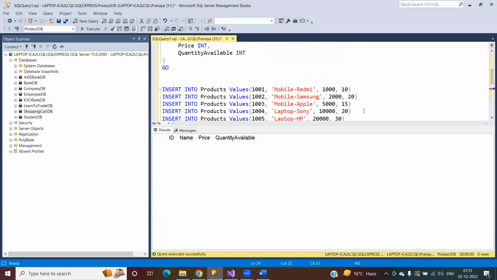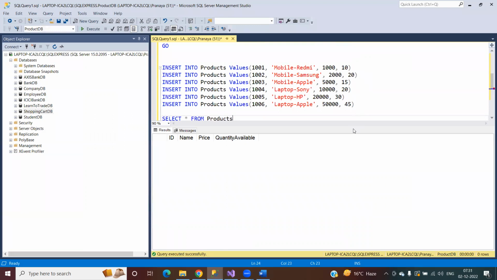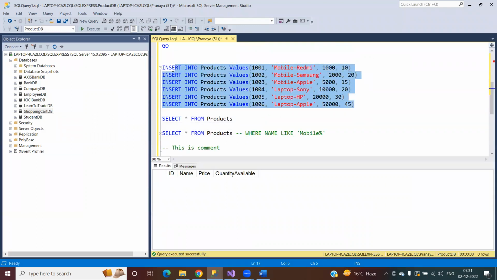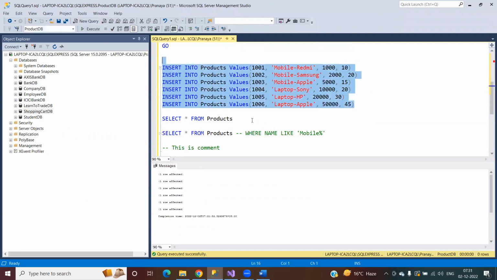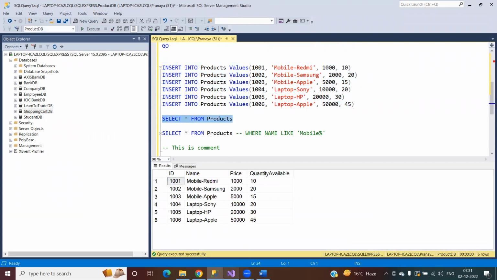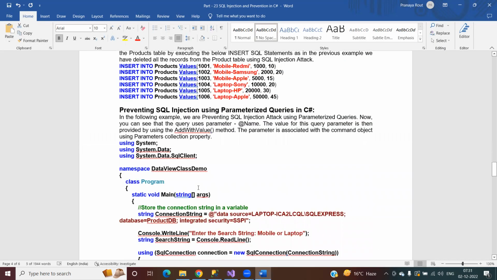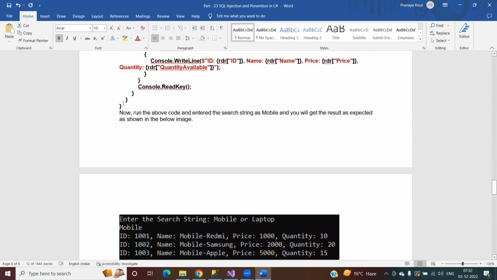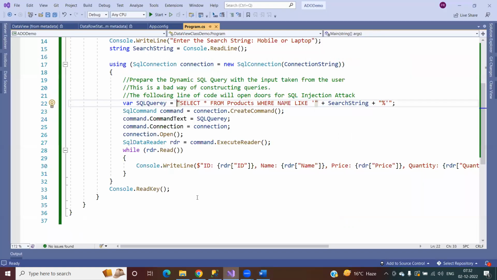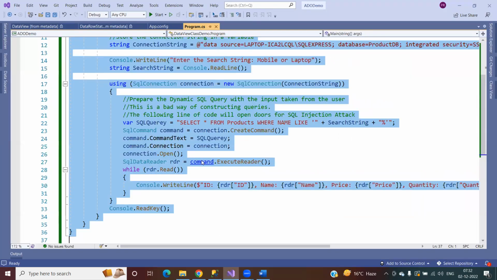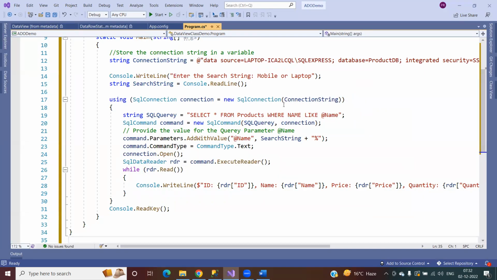Let me first execute this statement so that the data is there. Let me insert the records. The records are inserted, and once they are inserted, you can verify. Now, what is my requirement? I'm going to use query parameters to handle these things. So how to use query parameters? Let me show you. In this case, you can see instead of preparing